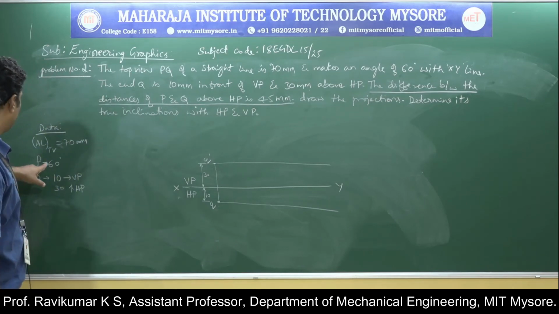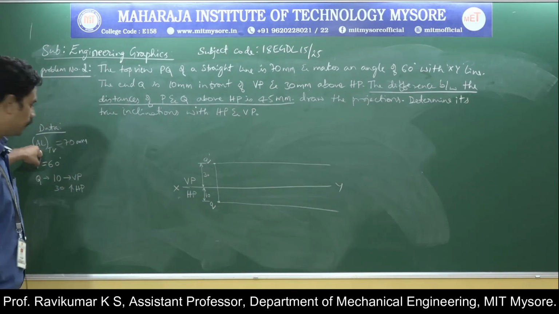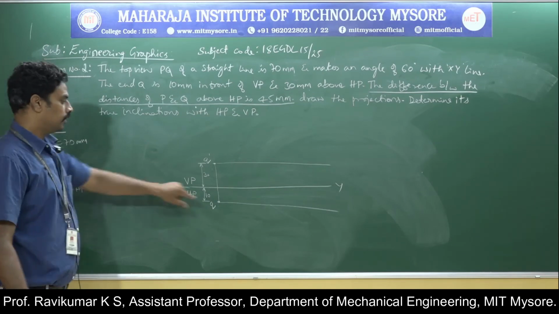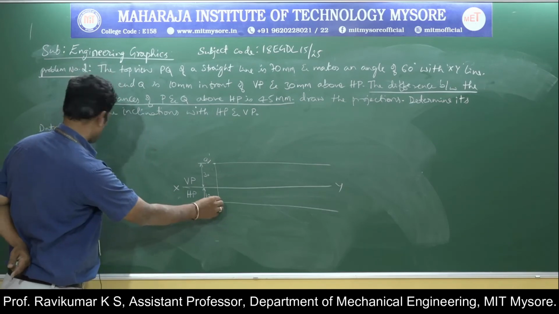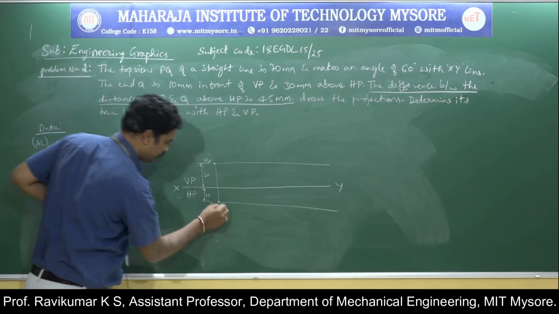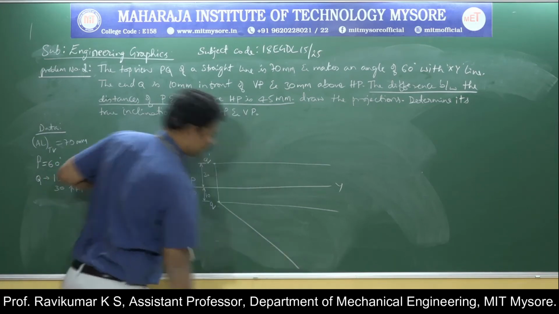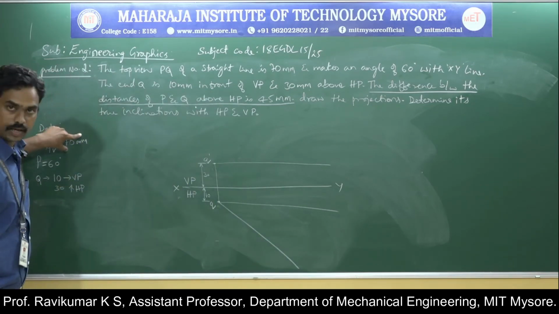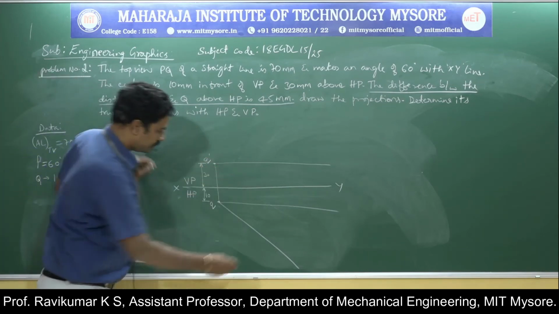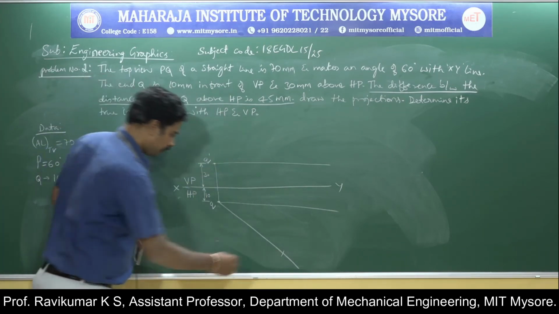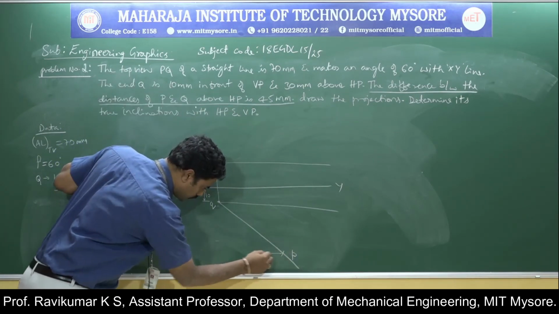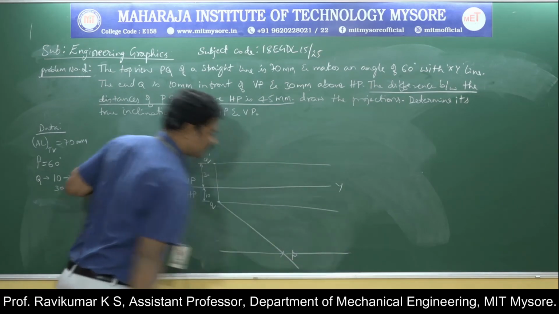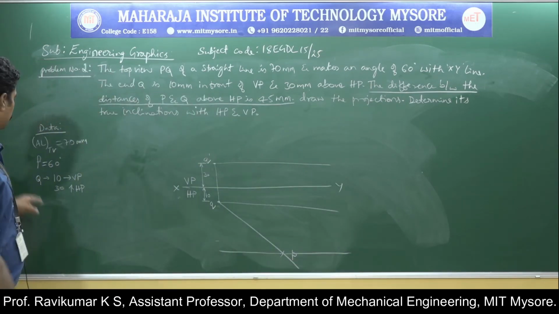Next, the apparent length is given in the top view, then the apparent inclination is given. You just take the protractor and keep it inverted. With point Q, mark 60 degrees and draw the 60 degree line. Then take the compass, measure 70 mm, select Q as center, and cut 70 mm. You will get P here, small p. You just draw the locus like this. Then these 4 data are over.